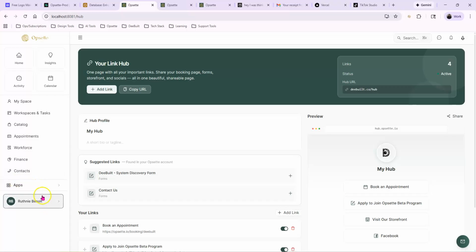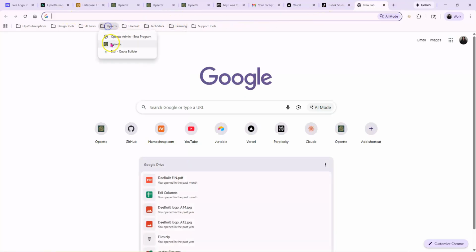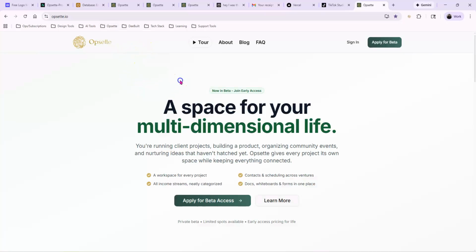Sometimes I feel like it's doing too much, but at the same time, I can't stop building on it. I don't have any users yet. I would love to have some beta users who want to sign up and test it. Let me show you the main page. So I'm actually on the local server. So let me go into the main app.